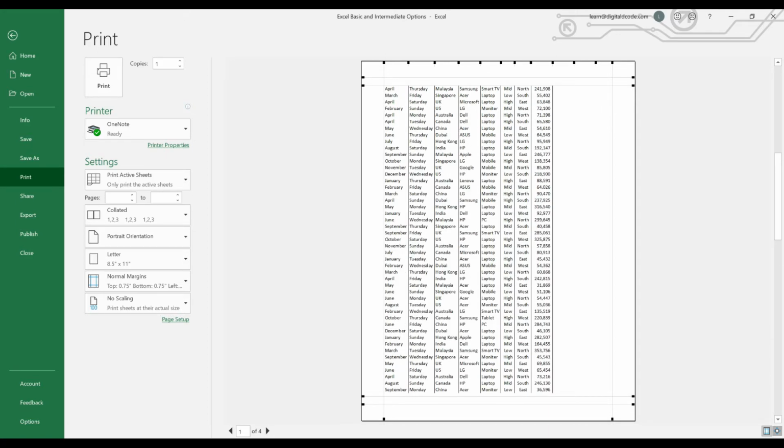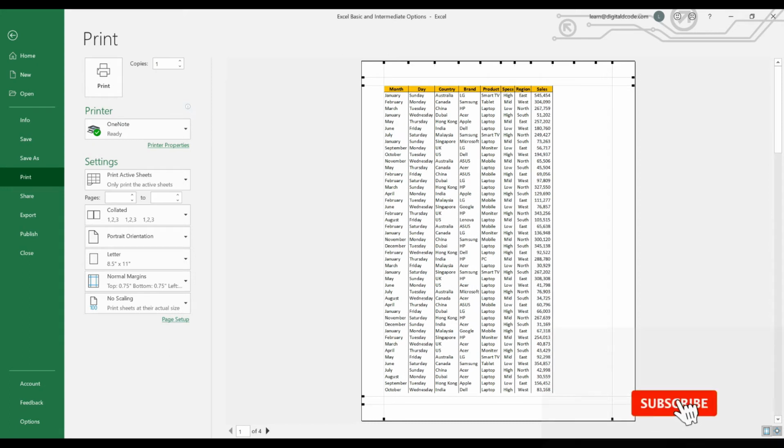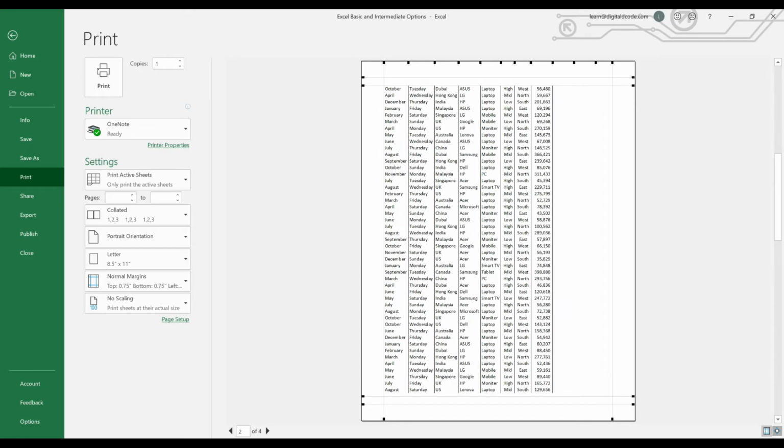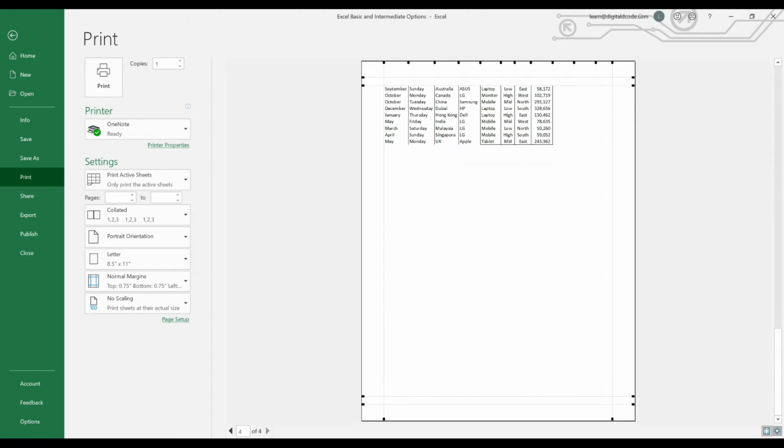If you notice another thing, now I have a header here. The header is reflecting only for the first page. Now I am on the first page, so you can see in the left bottom. If I move to the second page or third page, I can't see the header. In case I want the header on all the pages, because the data is going to remain the same, but I want to repeat the same header for all the pages.